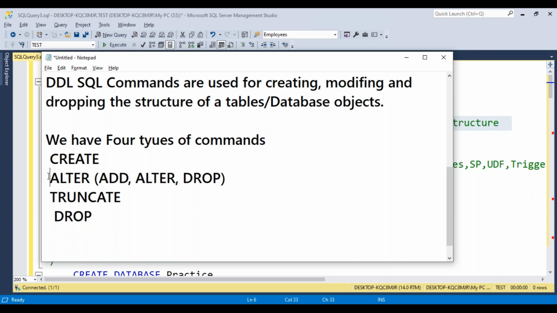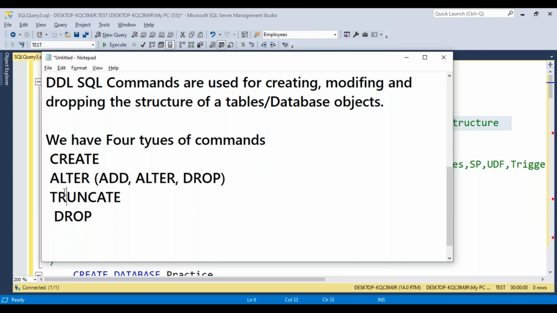In the same way, first we create a table with some columns. In those columns, if you want to change a data type, alter the column, add a new column to an existing table, or remove unnecessary columns, you use alter and the drop statement.